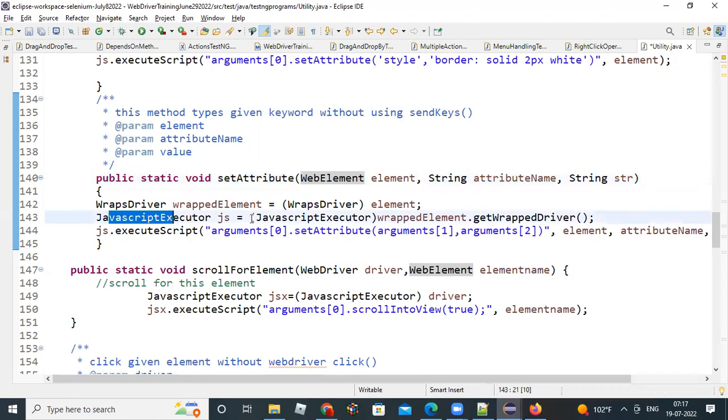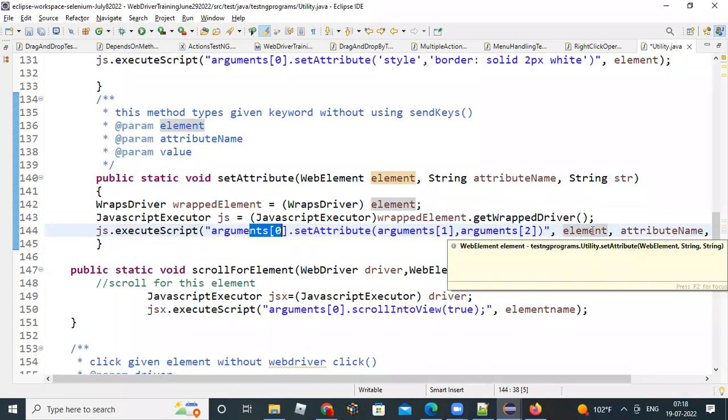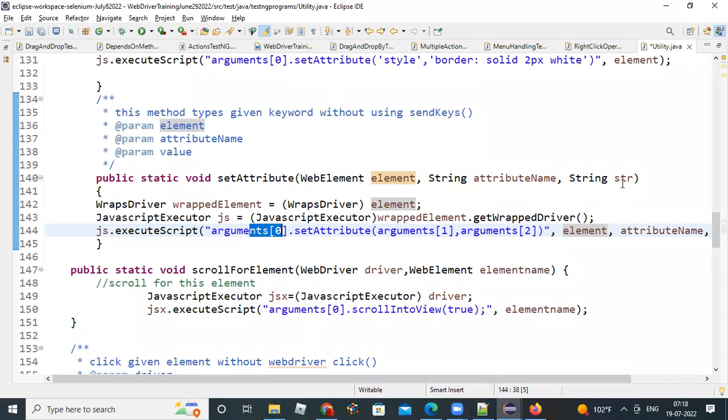Again, JavascriptExecutor js equal to JavascriptExecutor, wrappedElement.getWrappedDriver. You're getting the driver basically from the element. Then again, js.executeScript, arguments[0].setAttribute(arguments[1], arguments[2]). So this is the first argument, that means arguments[0]. In this argument 0, I am setting this str value